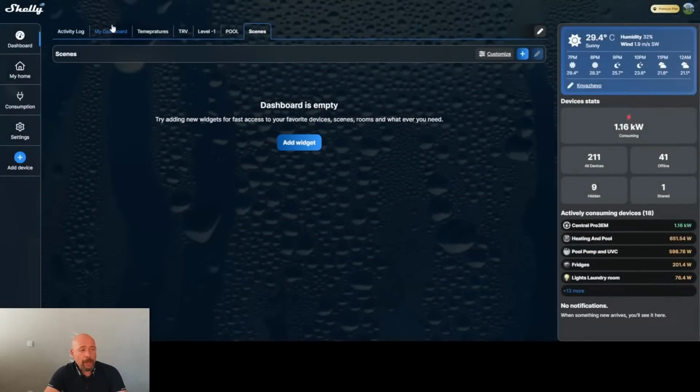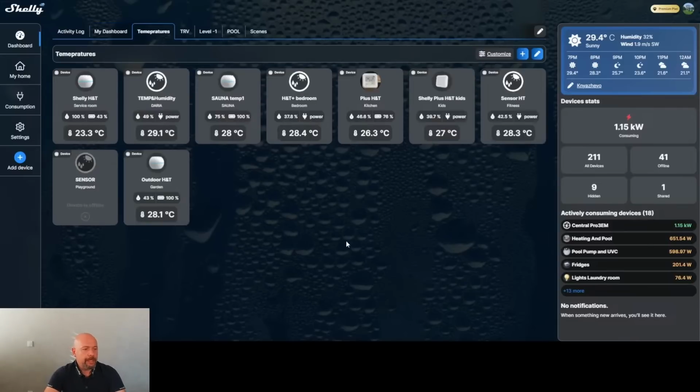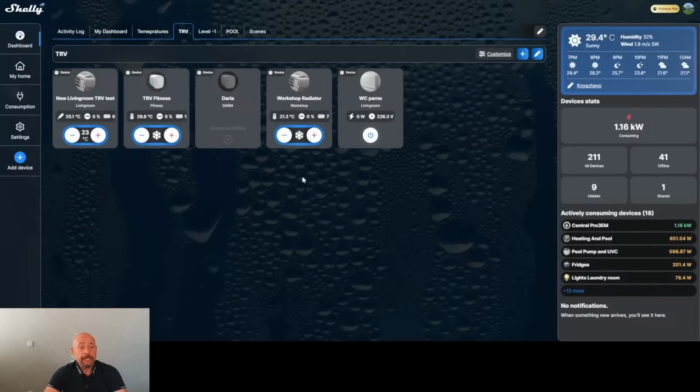Now, let me show what I do. For example, this is the main dashboard. When I open it, here are the garage door, front door, things which I usually use every day. Then these are the temperatures in our rooms, and you can see that it's hot. Yeah, now it's summer, it's hot. Then it's about my heating system. There are all kinds of TRVs which I have,